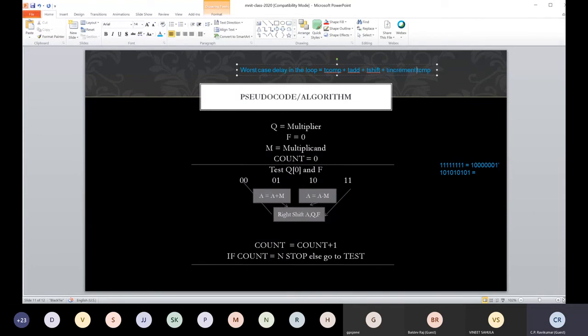The increment alone we can try to reduce. We can do this along with one of these operations. So we can possibly get rid of this.